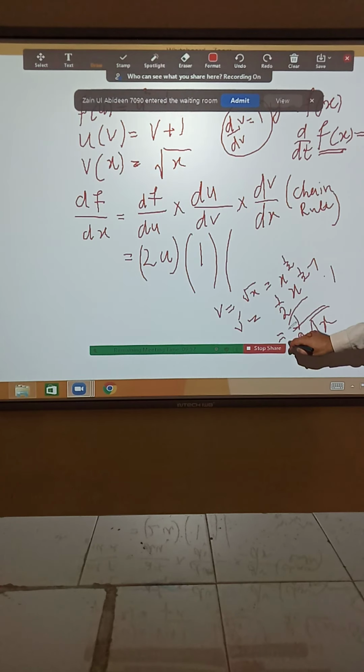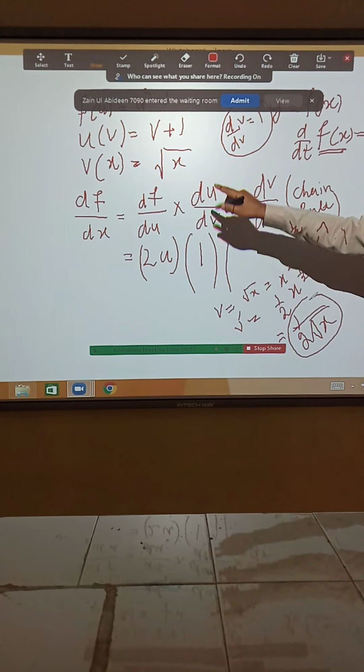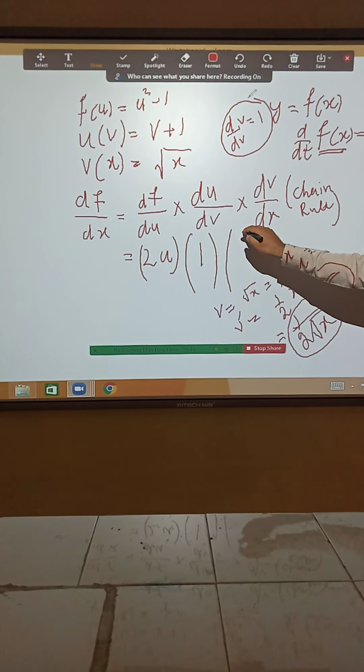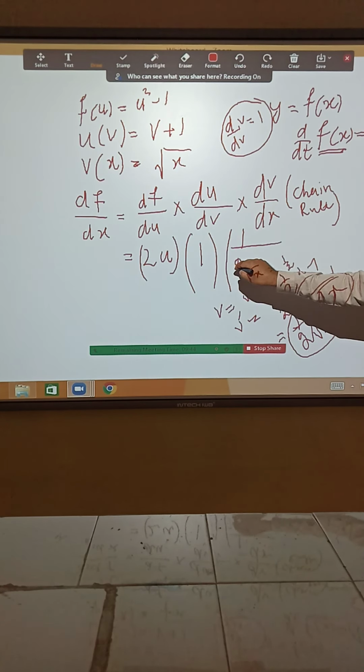So that is the derivative of v with respect to x. So यहाँ आप पुट कर ले 1 divided by 2